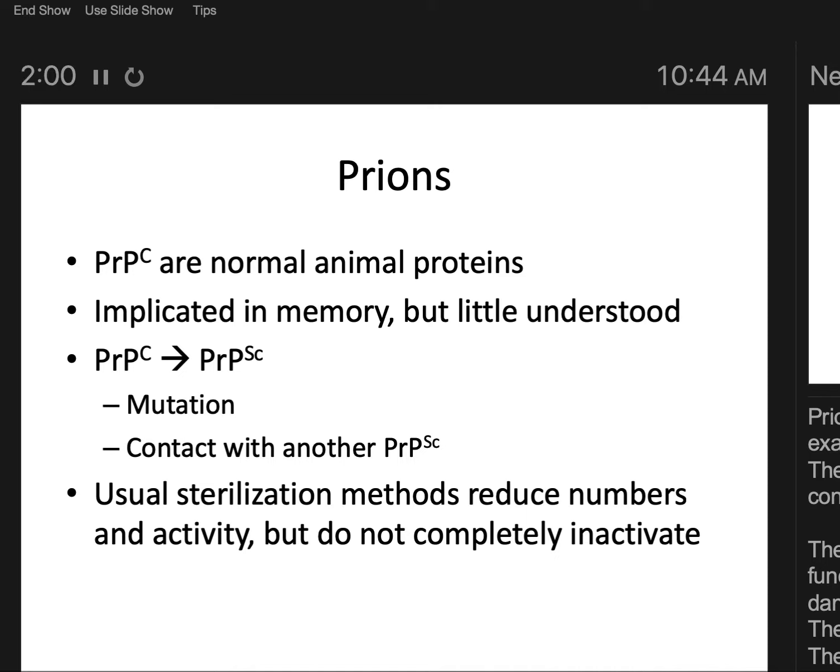So like in the case of mad cow disease, and there aren't that many examples of prion diseases out there, but mad cow disease is the famous one, and you know that you had to eat raw meat in order to pick it up. And actually it's not just raw meat, there's high-risk meats, where you have a lot of nervous tissue, because prions are proteins that you find in the nervous system.